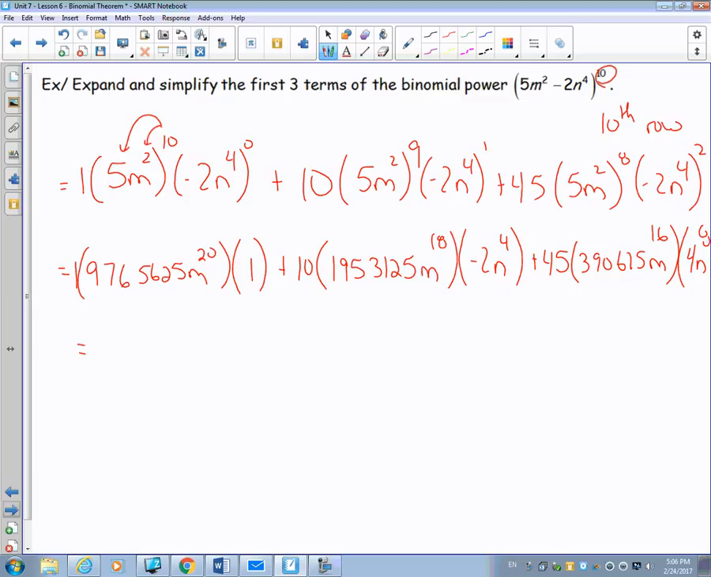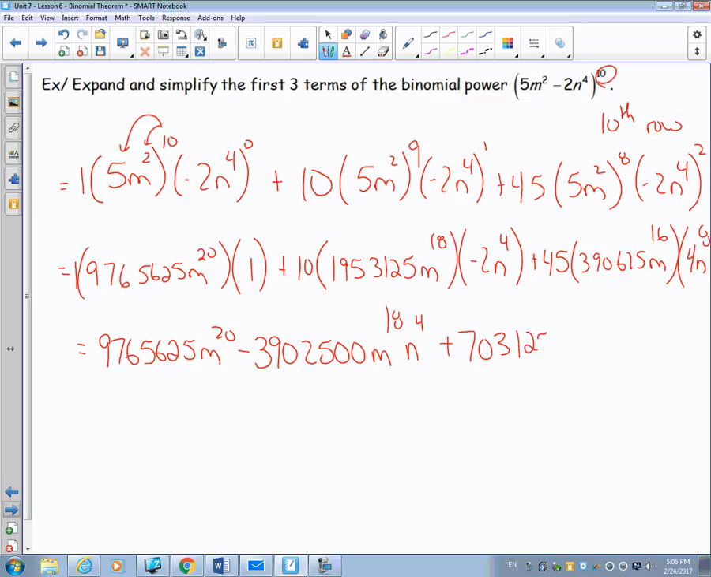Okay, multiply together, 9,765,625 m to the 20, minus, there's a negative sign in there, 3,906,250 m to the 18 and n to the 4, and then the last piece, 70,312,500 m to the 16 and n to the 8. Now we don't have the entire sequence, so we can't see the whole pattern, but there's